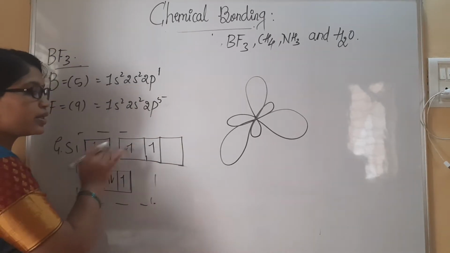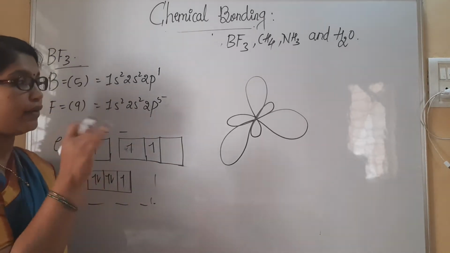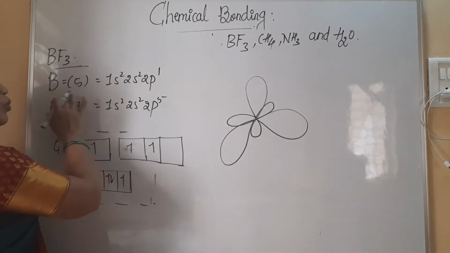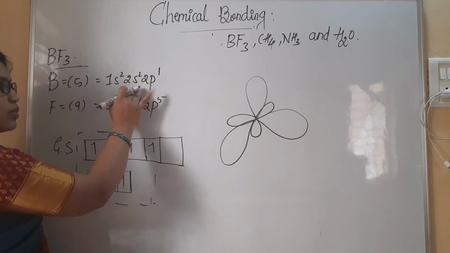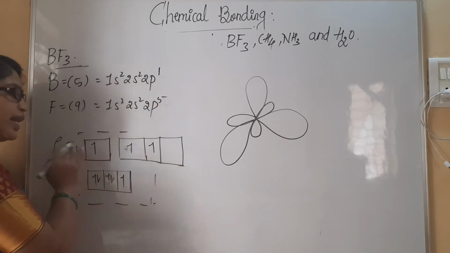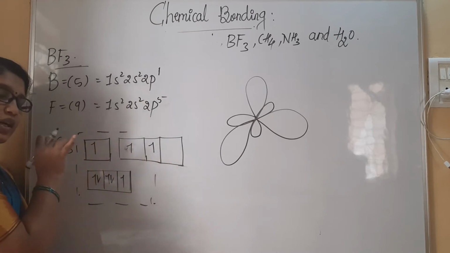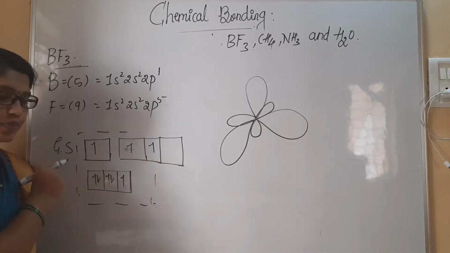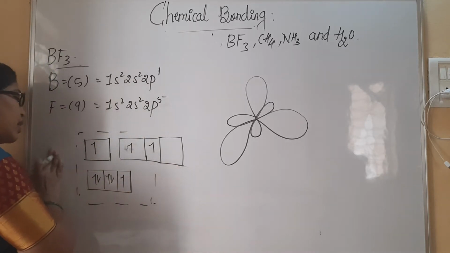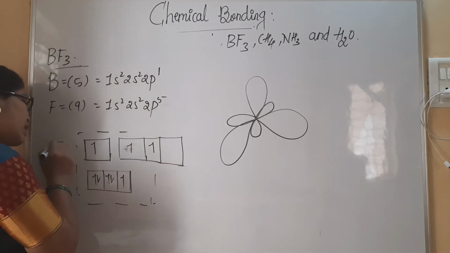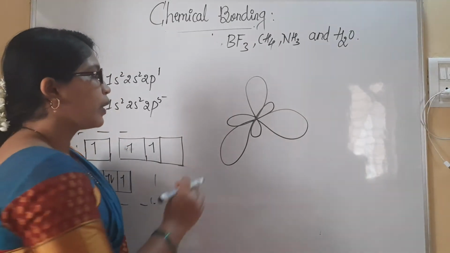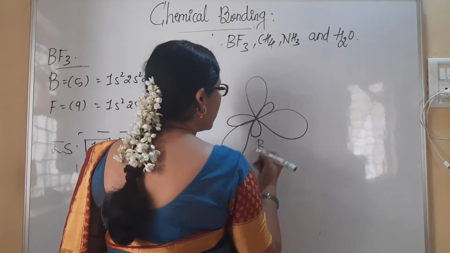And that intermixing or the hybridization part I will tell you next. Just remember, intermixing of boron orbitals will take place to arrange themselves in this fashion. Initially, whatever configuration I had written, that was the ground state configuration. Now the arrangement of electrons which I have written here is considered to be the excited state arrangement of electrons. Now this is said to be boron.